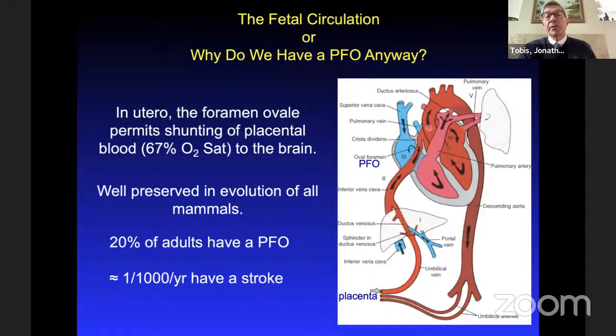And it is so important that this is preserved throughout evolution. All mammals have patent foramen ovale. Once we're born, the pressures change, the flap of the PFO closes, and it's sealed shut. But in 20% of people, it doesn't close. We think this is genetically determined, and that's one of the projects I've been working on. But in those 20% of all humanity that we think are walking around with a PFO, it doesn't usually cause a problem throughout life, but we estimate about 1 in 1,000 people per year who have a PFO wind up with a stroke.